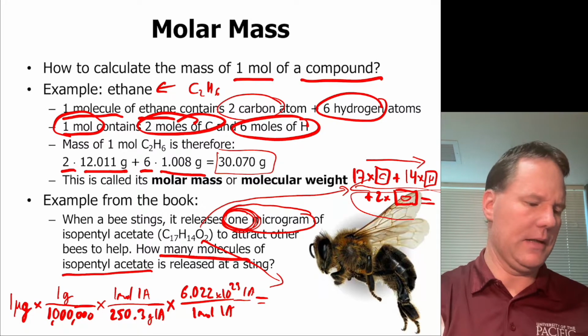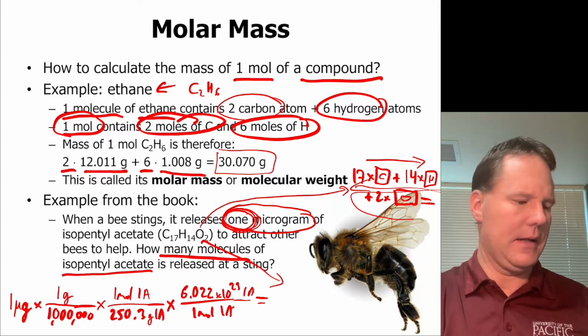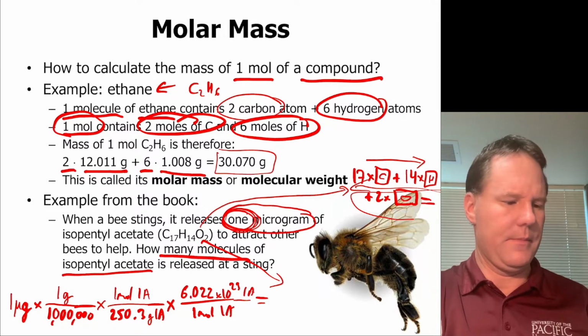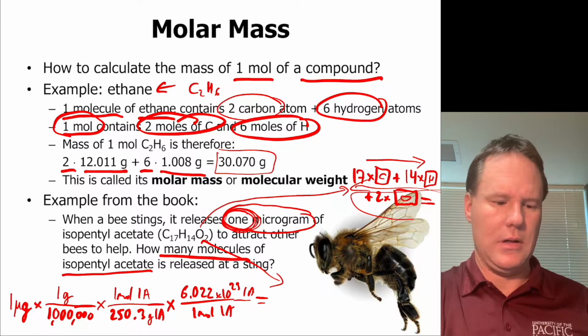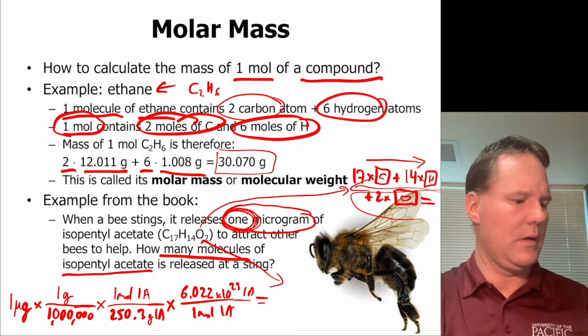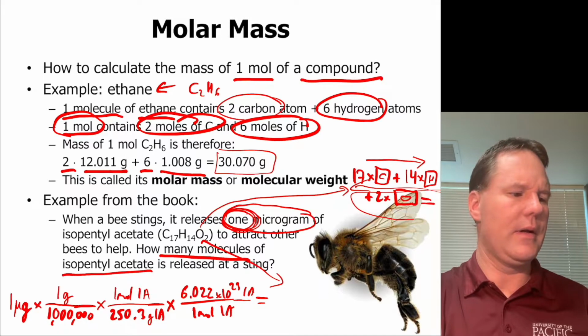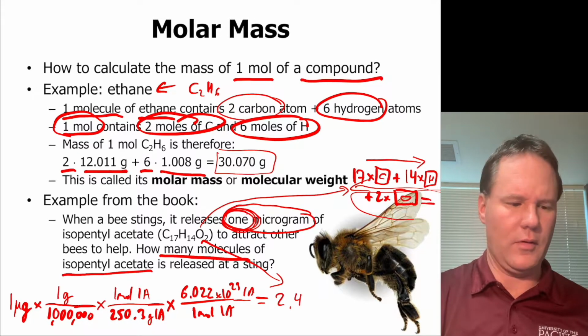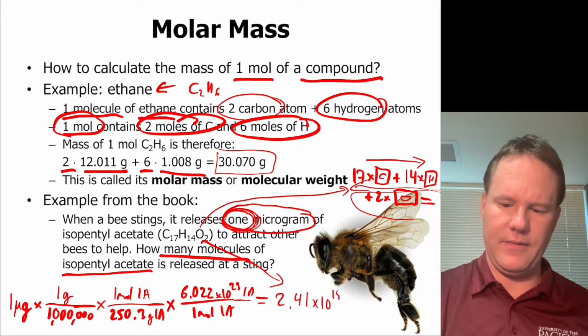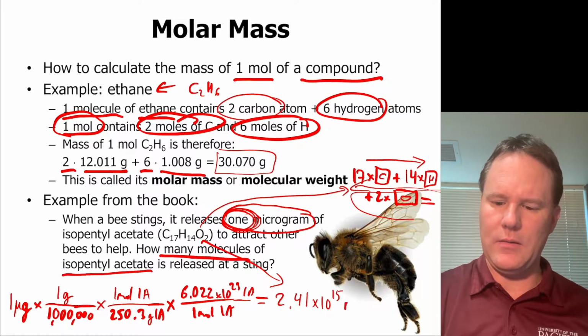And if you multiply this all together, I'll start with 1 microgram divided by 250 times 6.022 times 10 to 23rd, and you get approximately 2.41 times 10 to the 15 molecules